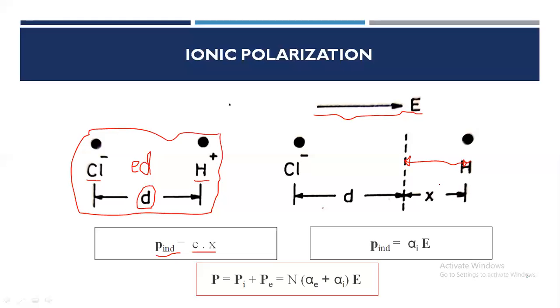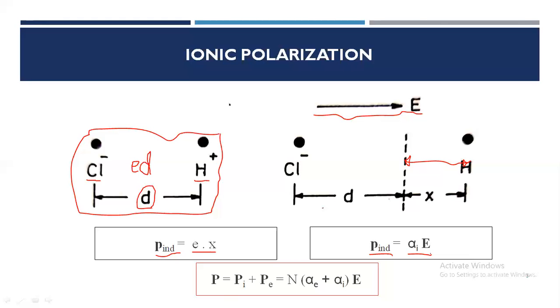The induced dipole moment is proportional to the applied electric field, and the proportionality constant is the ionic polarizability. Here you can see P_ind, the induced dipole moment, is equal to alpha_I times E. Alpha_I is nothing but